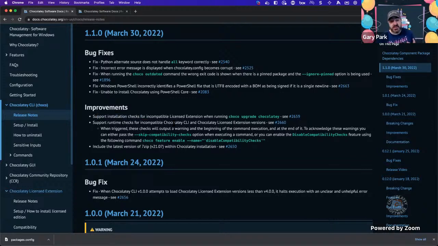This one, support installation checks, that's the one that I mentioned before. So in the same way that you have the runtime check with a warning, you will get a warning at the point of installation as well. And really that is,